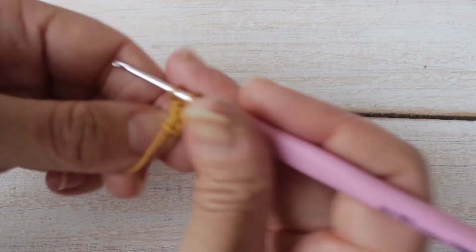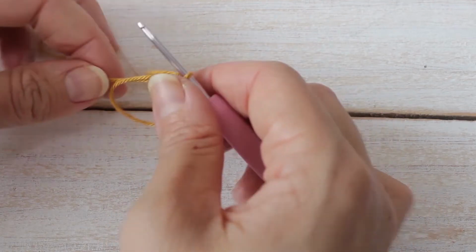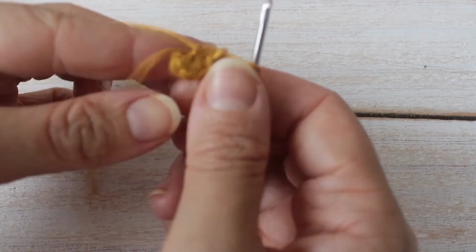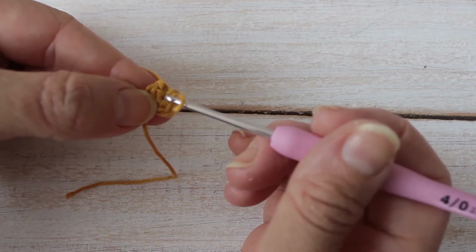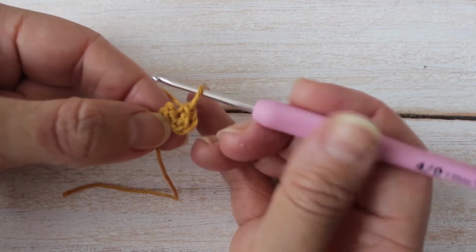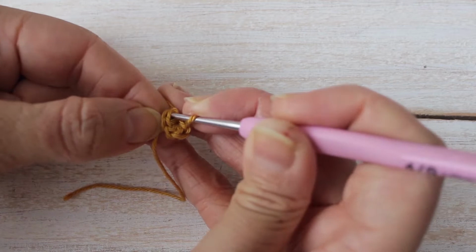3, 4, and 5. Here we go. And I'm just going to pull my magic circle shut. Now for the rest of this, we're just going to work in the spiral, so there's no slip stitch, you just keep going round and round. You may find it helpful to add a stitch marker, but I find the best way to do this is just to count 50 or 55 stitches. So just keep going round